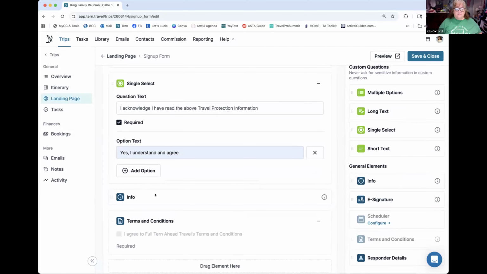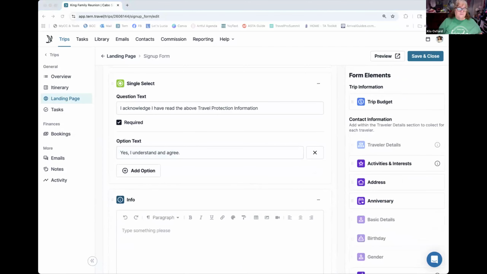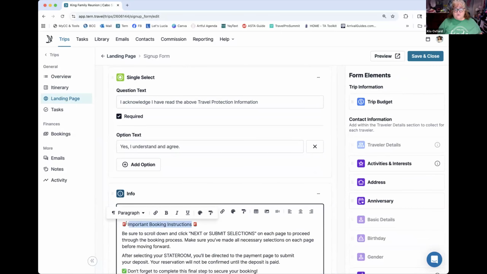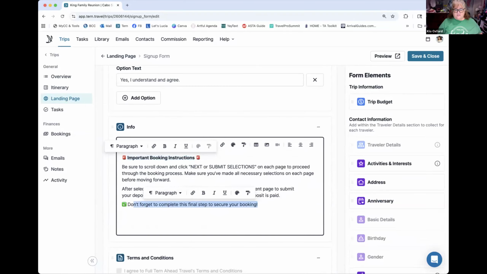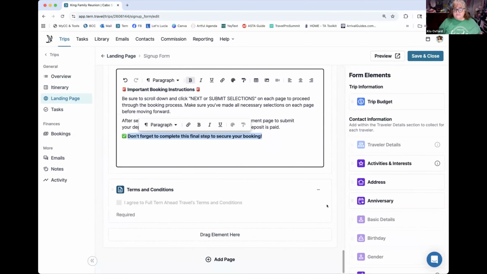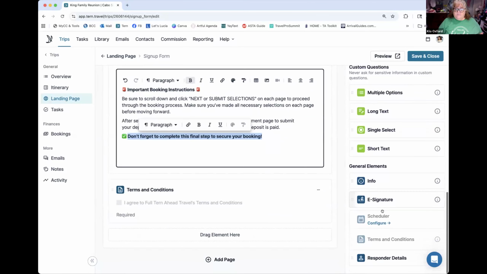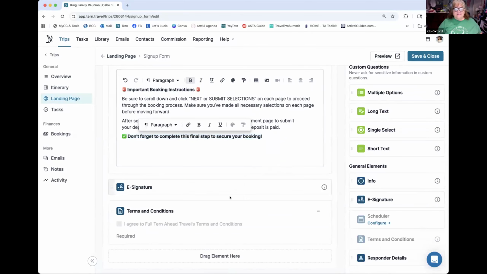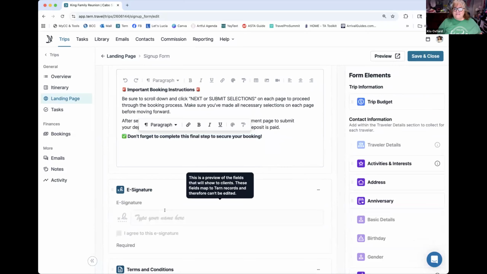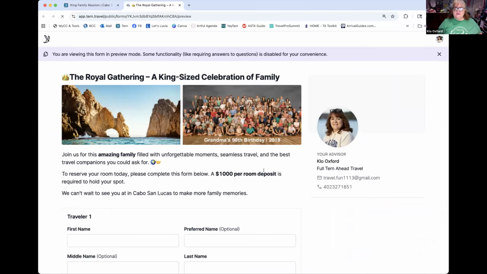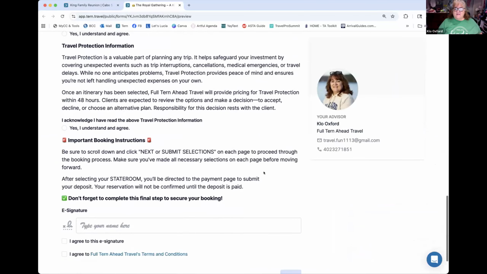Again, I do that at the bottom of every single one of my forms because it really alleviates the non-finished forms. So that's just something that I've really started to do to make sure that I am doing everything I can to make it as foolproof as possible. So then we go and put in the final piece there. We can preview it again, go through and make sure it has all the information on it that you want,